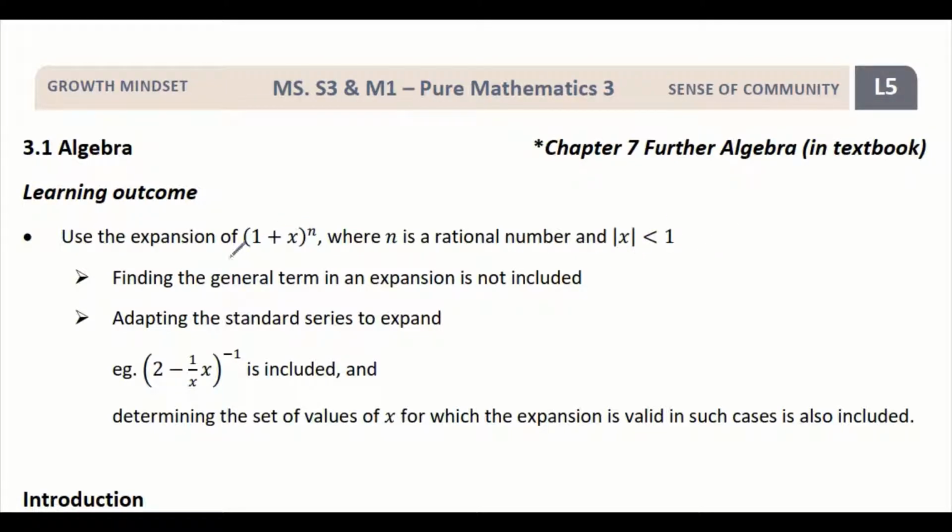So I hope that when we go through this learning outcome, you can already identify this is something that you have learned previously in P1, which is called binomial expansion. But last time when we learned this expansion, we only dealt with indices that are positive integers, meaning to the power of 1, 2, 3, 4, 5, and so on. But today we are looking at all cases, meaning all the rational numbers,